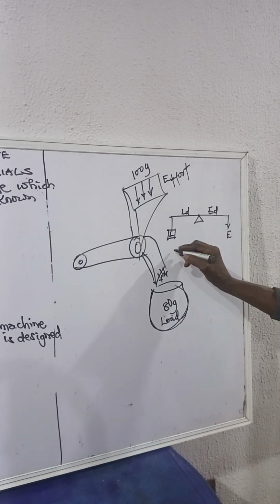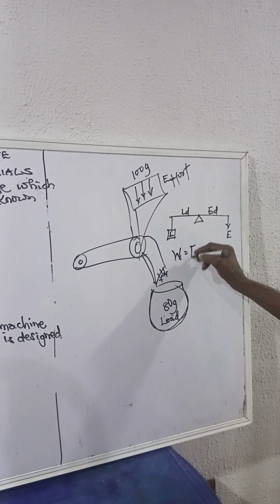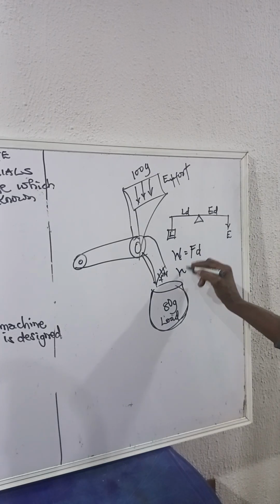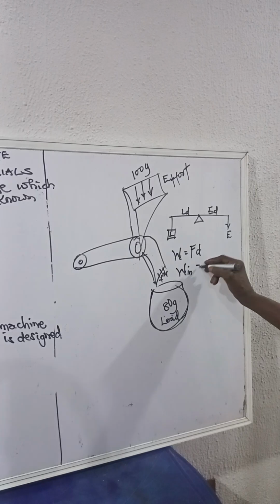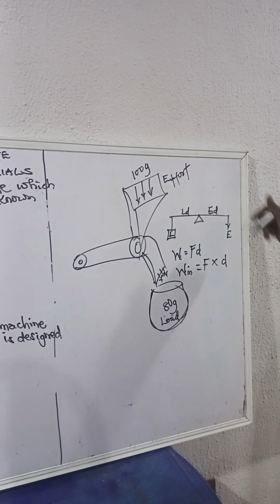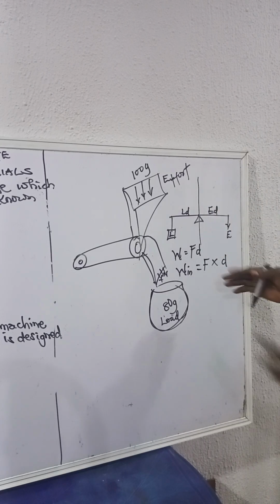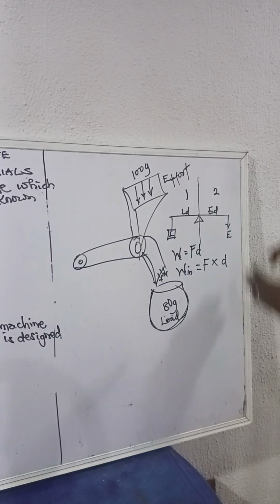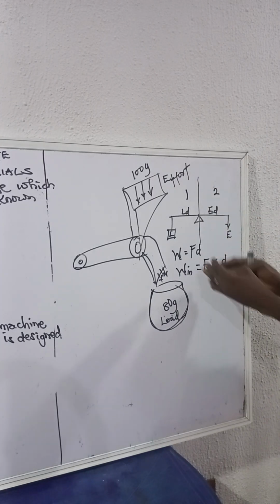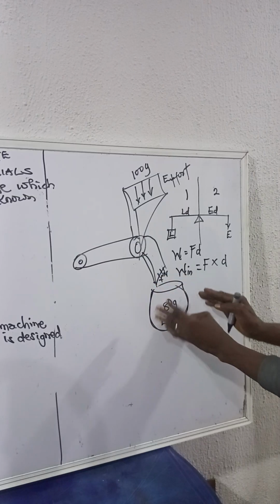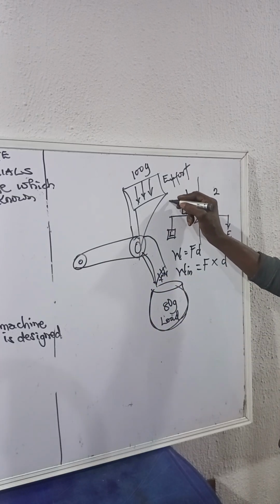Now, don't forget that work is equal to force times distance. So now, let's check: the work input will be equal to a particular force times a particular distance. Which of these two sides will give us the input? Is it side 2 or side 1? Is it the effort side that will give us the work input, or the load side that will give us the work output? Now check this. Load is the output, meaning that this side will give us the